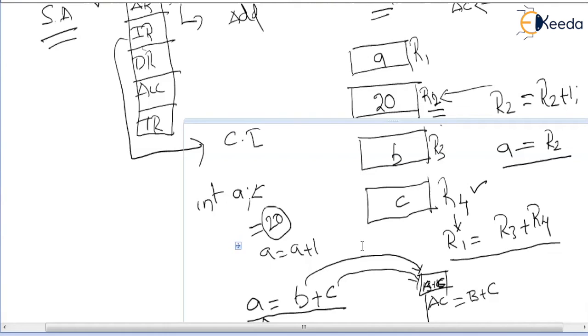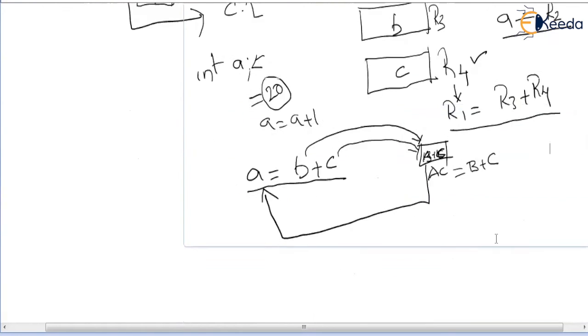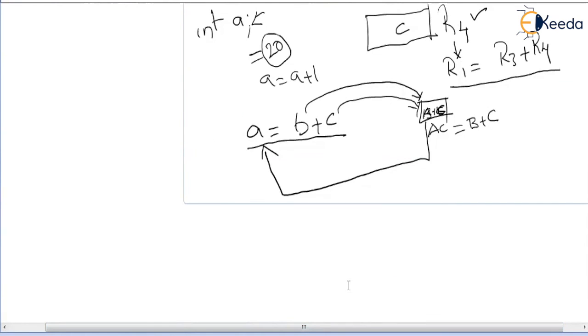Basically, whenever you have a general purpose register, this register is going to access a variable. Whenever you declare variables in high level language programs, all these variables should be transferred to the processor's registers. Let me give you one example.